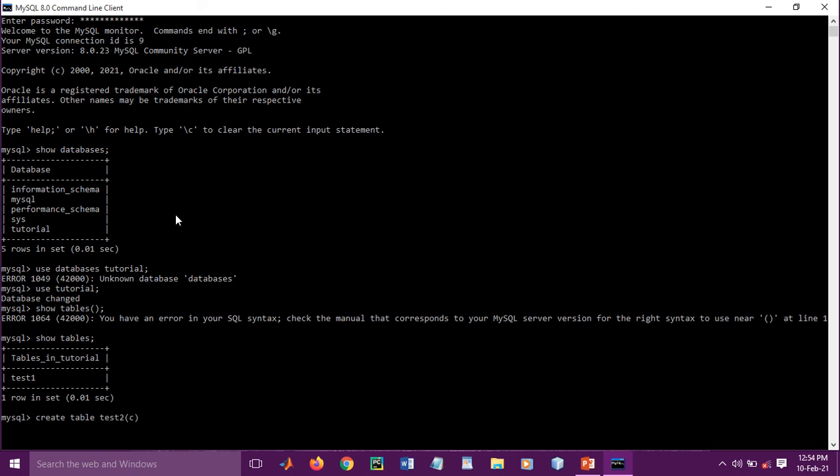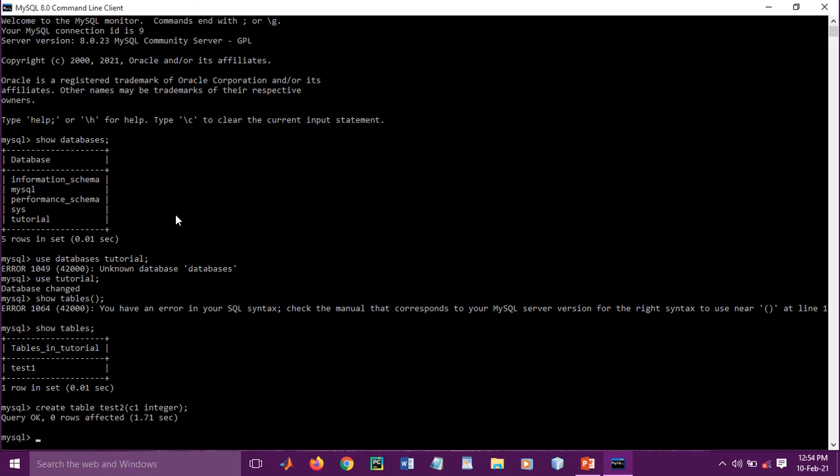So let's say c1 is a column name which has an integer type. So this is how you can create a single table: create table, table name test2, and c1 is a column name of type integer.